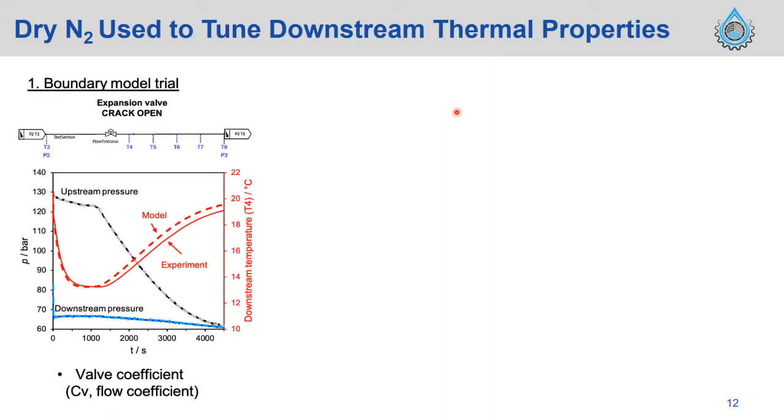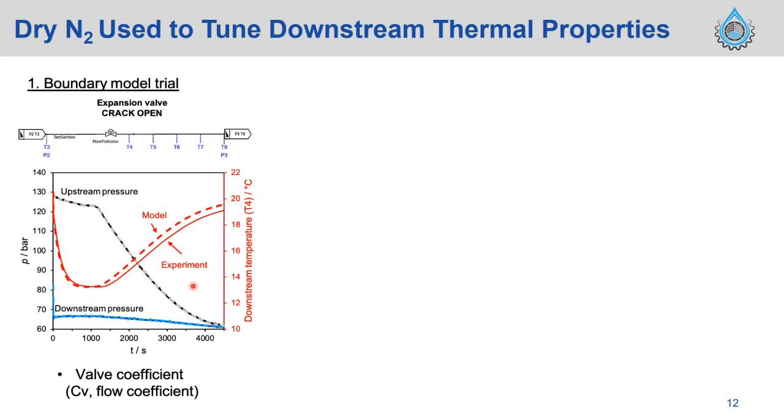So, as I mentioned, starting with the boundary model and then the experimental result. The first challenge was to match the right number for the valve coefficient. So we started with the valve coefficient from the manufacturer, but it has a huge deviation from what actually happened in the system. After tuning the valve coefficient, the result: the solid line is the experimental result, and the dashed line